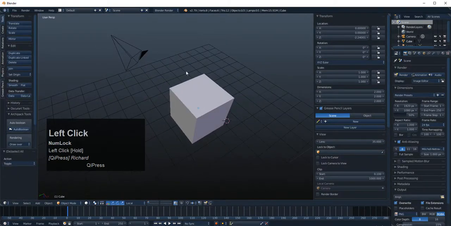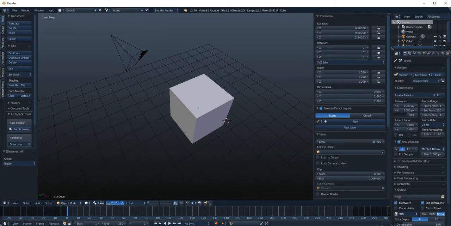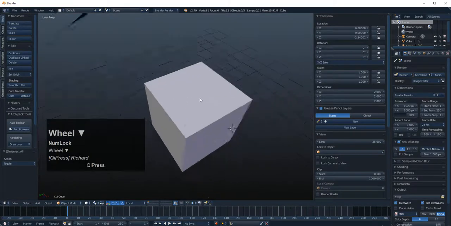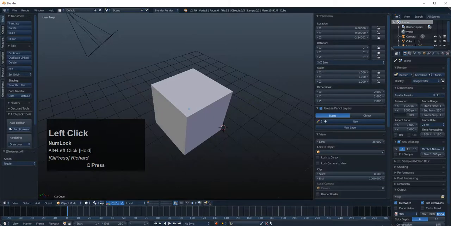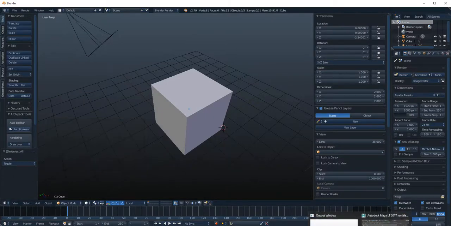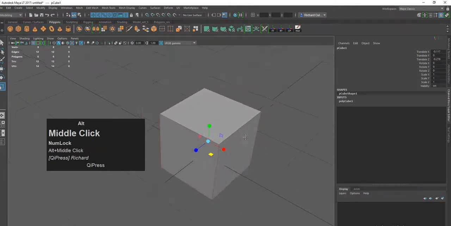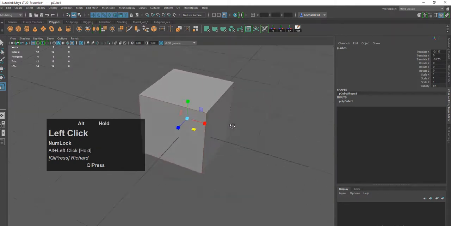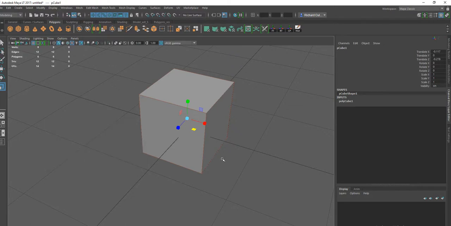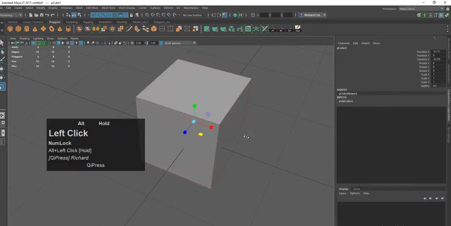Okay, so now just to illustrate for those coming from other applications, in particular Maya, because I think that's going to be a common case, people coming from Maya into Blender. Also Lightwave, but in Lightwave the way to do it is a lot different. There's a new manipulator, but I'll use Maya for now anyway. This will be the good explanation. So in Maya, you'll notice if I hit the W key,